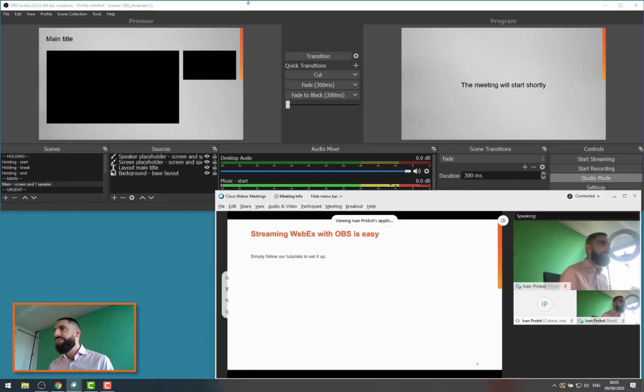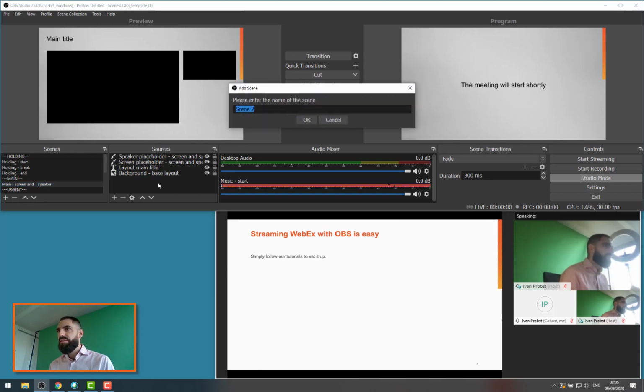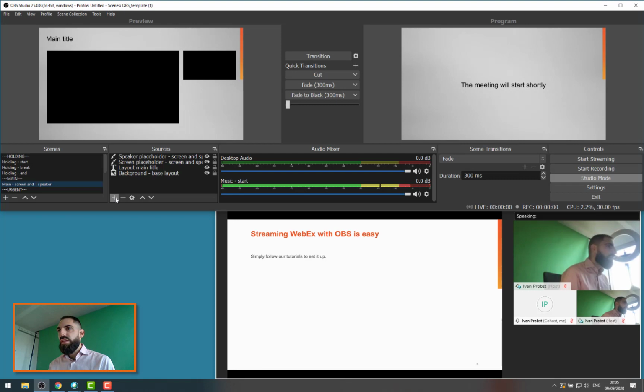It's a little bit better because otherwise, as soon as I would click on this button, for example, I would have the overlay on top of the WebEx window, which you don't want. So if we fit everything on the same window, we tend to fit everything on the right-hand side. All right, so we have a nice layout here with a few, I think it's called color sources, just to indicate to ourselves where the camera will need to be. So let's start with adding